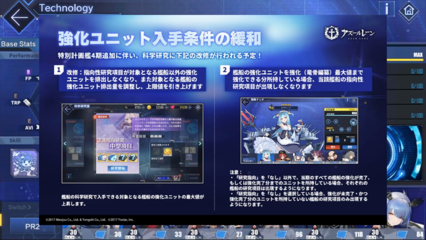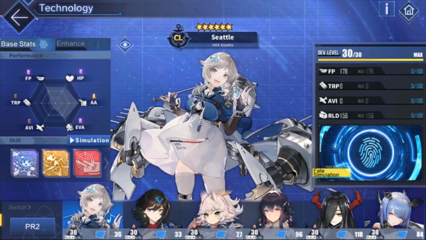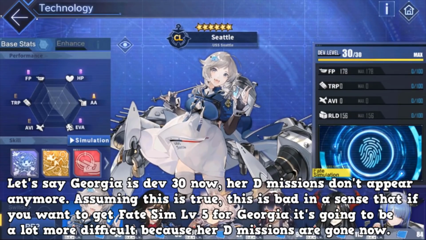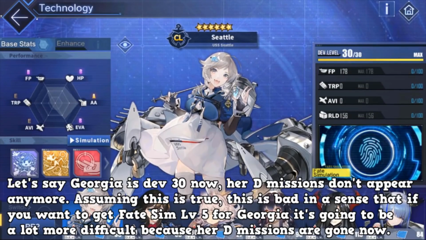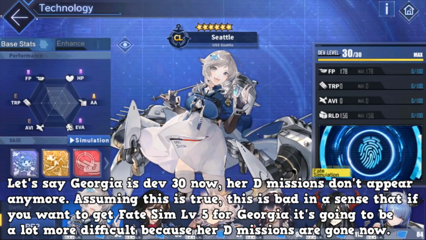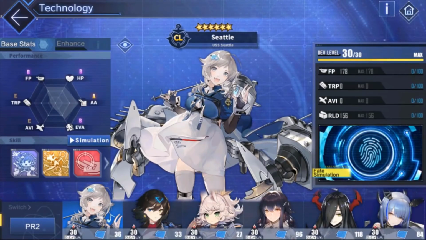Also, one thing I want to mention about these, someone did say that once you max a ship, max developer ship, or max Fate Sim 5s, you don't get D missions for those anymore. So I'm really, really curious, because if a ship is developer 30 or whatever, and you don't get D missions for those anymore, that's kind of a nerf if you want to get that ship to Fate Sim 5. But I guess it works for older seasons because it's already there. But yeah, whatever. Anyways,